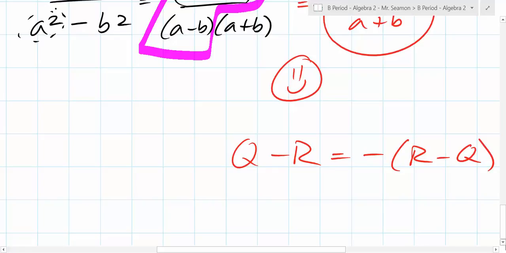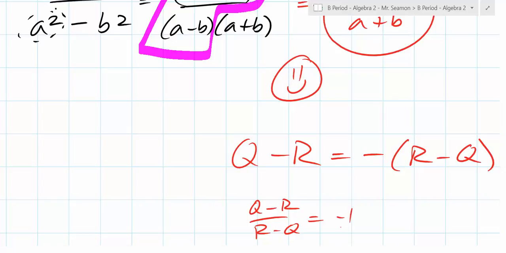So therefore, if you divide both sides, you get Q minus R over R minus Q is equal to negative 1. 3 minus 5 is negative 2. 5 minus 3 is 2. Doesn't matter what you have, it's going to be